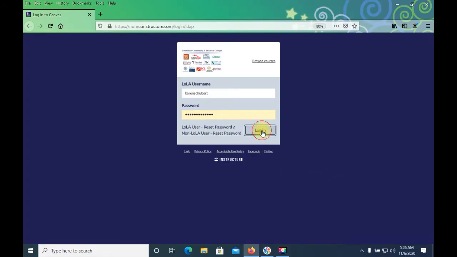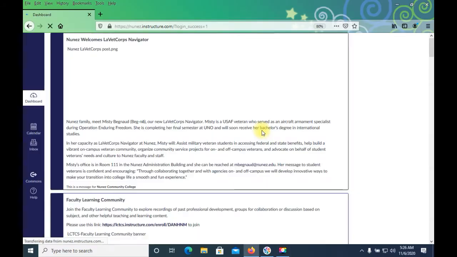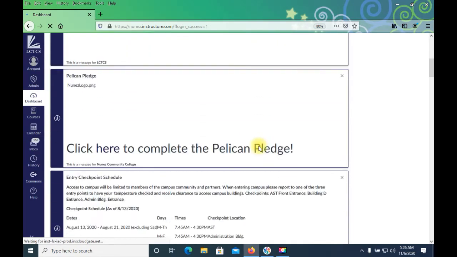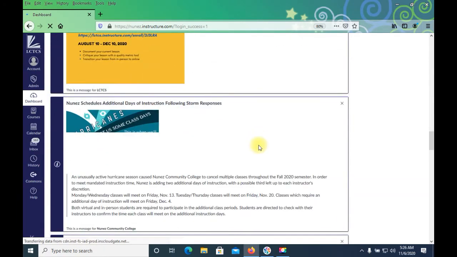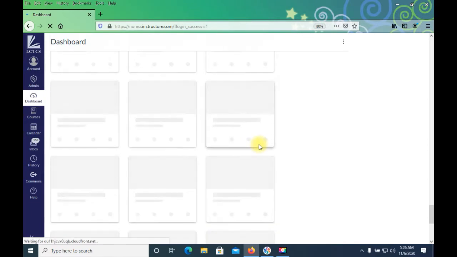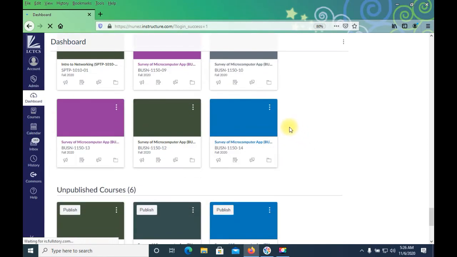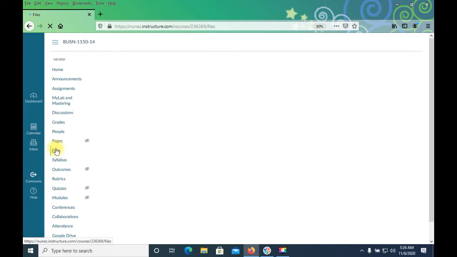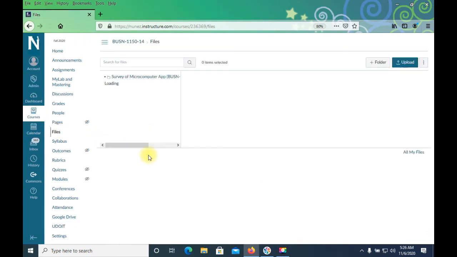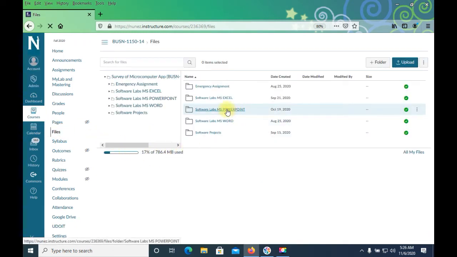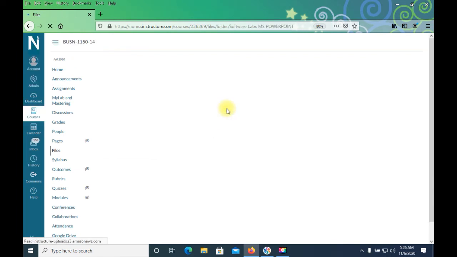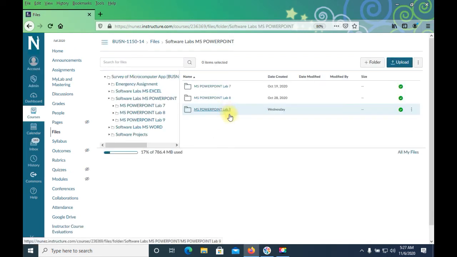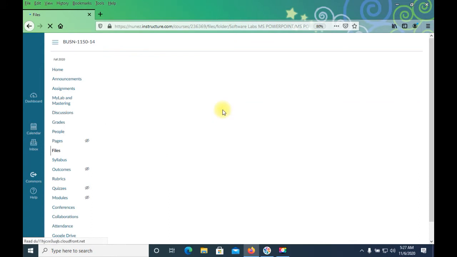To begin, log into Canvas, locate your class, go to the Files section, go to the folder Software Labs MS PowerPoint, go to the folder MS PowerPoint Lab9,